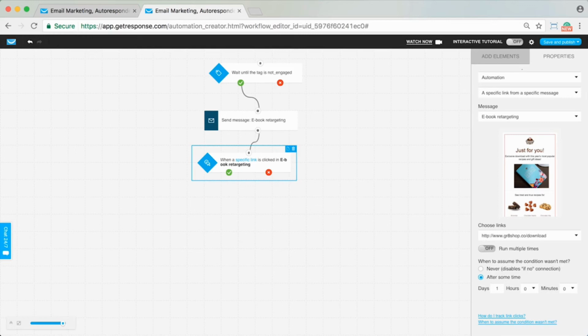Basically that means, when do I want to assume that everyone who is going to click this link will click it within some amount of time, and when I should just assume that anyone who hasn't clicked it is never going to click it, so they should fall into the negative path that they did not click the link. By default, it's after 1 day. So basically anyone who clicks the link within a day from whenever they have actually received the message would go into the positive path. And after 1 day, anyone who has not clicked the link in this message would fall into the negative